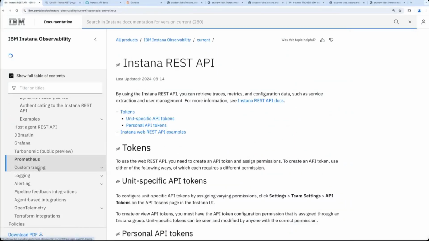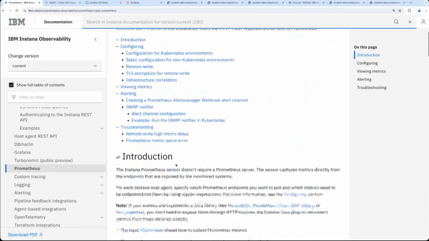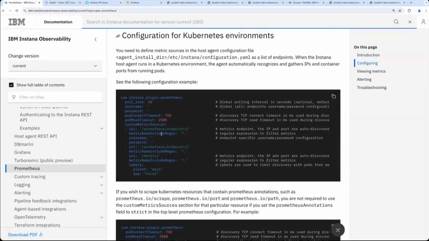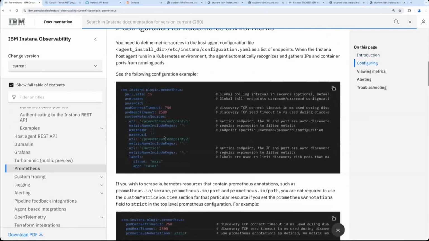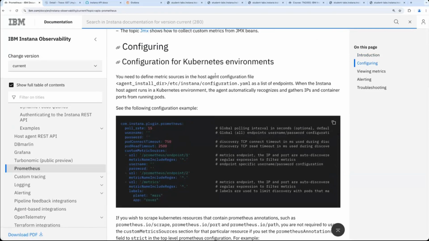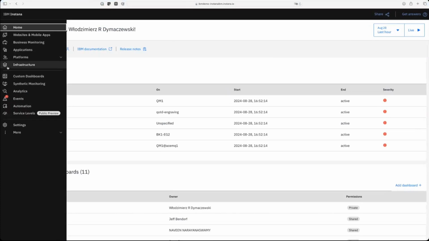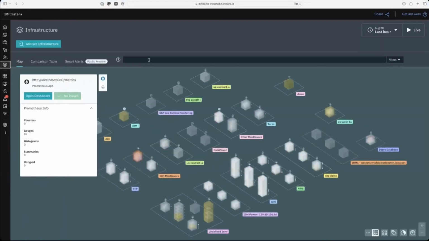It's all here in the documentation, how you can add the proper configuration to the Instana agent, about what endpoint should be scraped. So I'll just show you this already running in another demo system. So here we have in the Instana demo on the SaaS. And if I go to the infrastructure view and I filter for entity